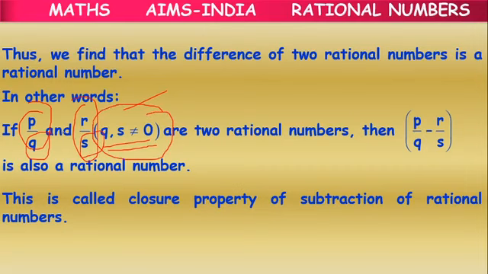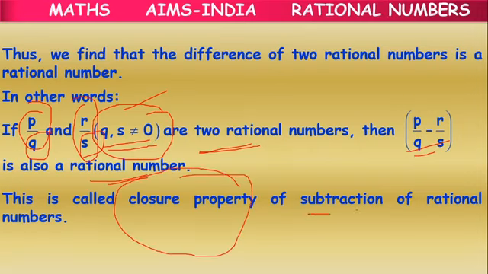So for this kind of rational numbers, if we are given two rational numbers, then their difference P by Q minus R by S is also a rational number. This property is called closure property of subtraction of rational numbers. So like addition, in subtraction also, two rational numbers will follow the closure property. Okay,